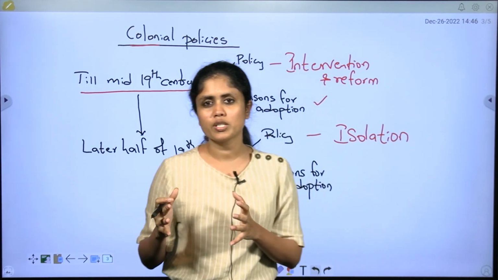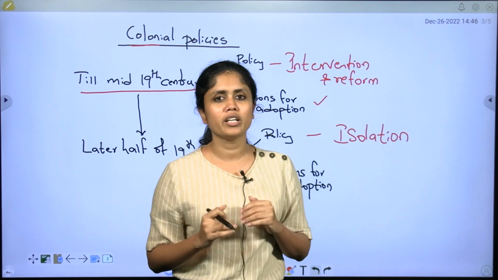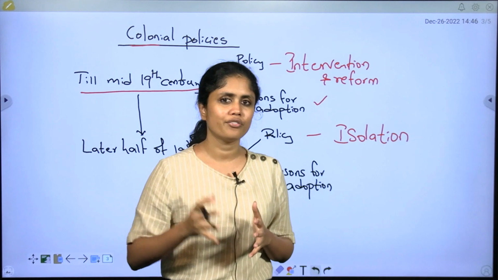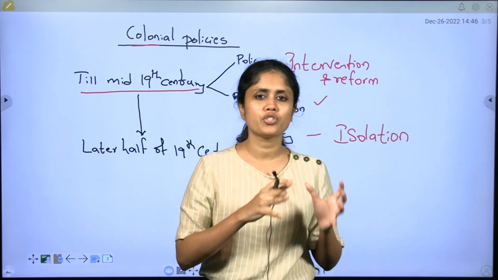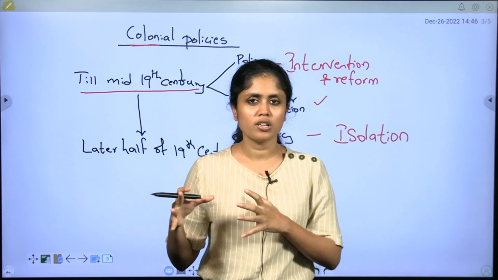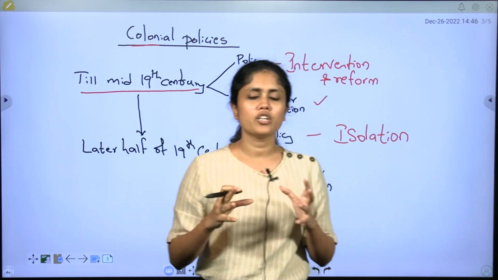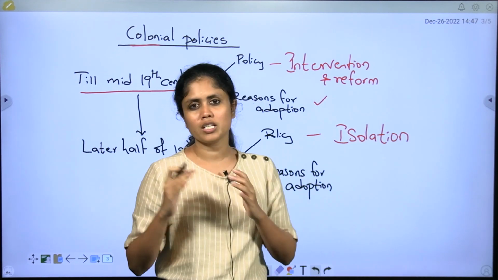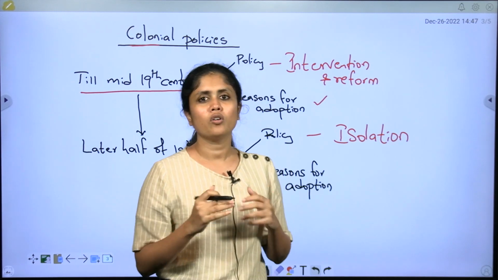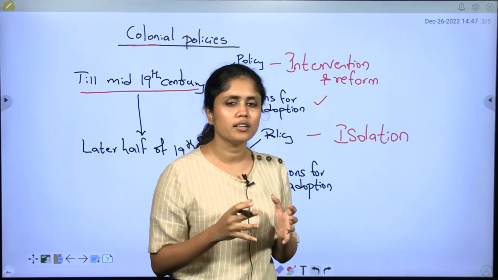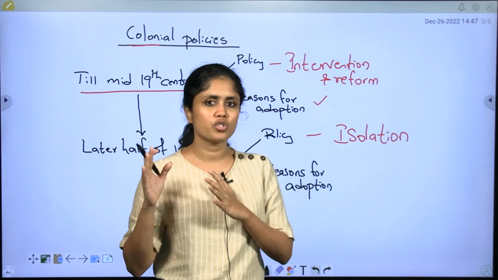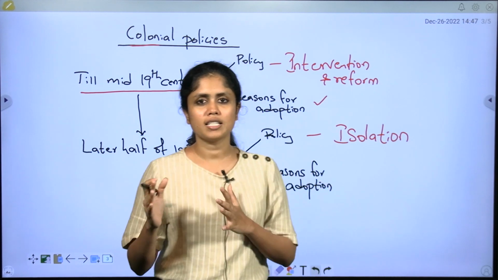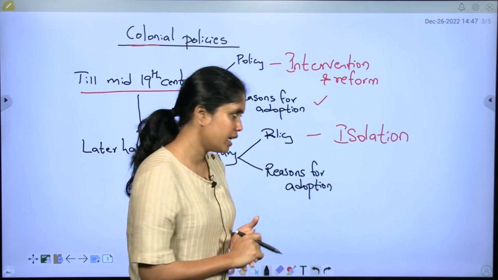And in this isolationist policy, another underlying motive was to shield these tribal communities from the rising tide of nationalism in India. They did not want these tribes to join the broader nationalist movement which was going on in India. So this isolationist policy serves two purposes. One is to shield these tribal communities from participating in the nationalist movement, and also it would reduce the rebellions and the discontent among the tribal communities so that they would stop rebelling against the colonial government. These were the two reasons why the policy stance of the colonial government changed post mid 19th century.